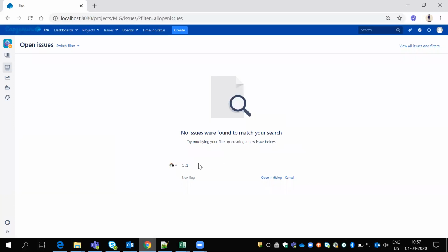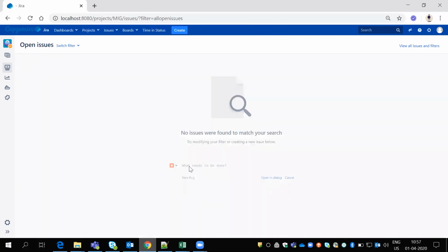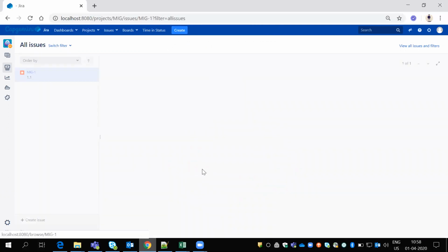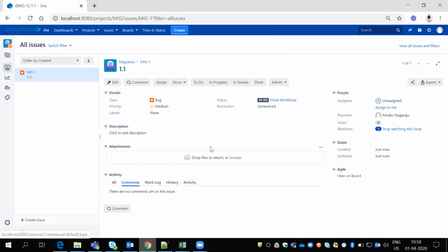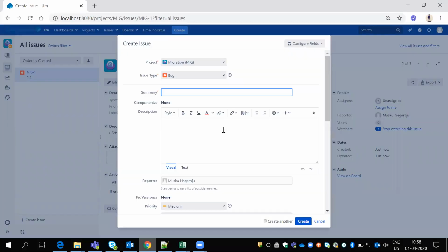I'll create some tickets. I'll create two tickets here.